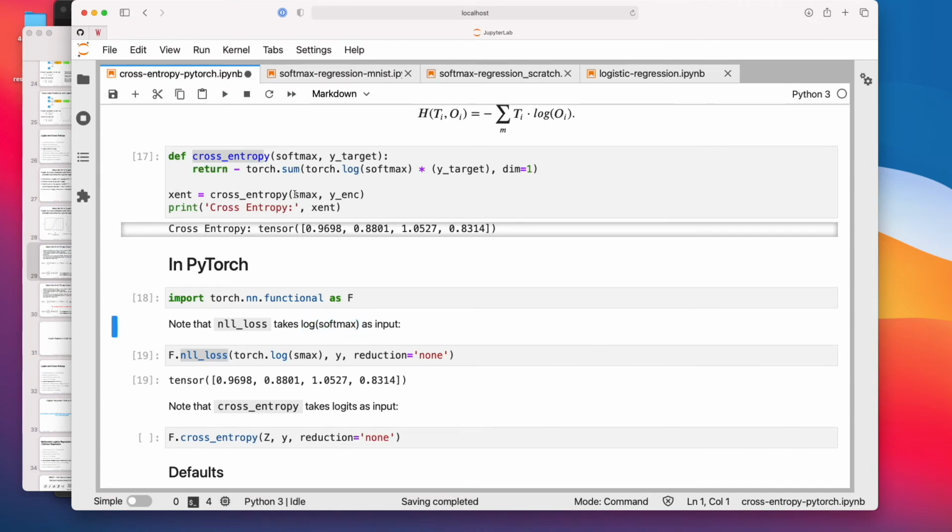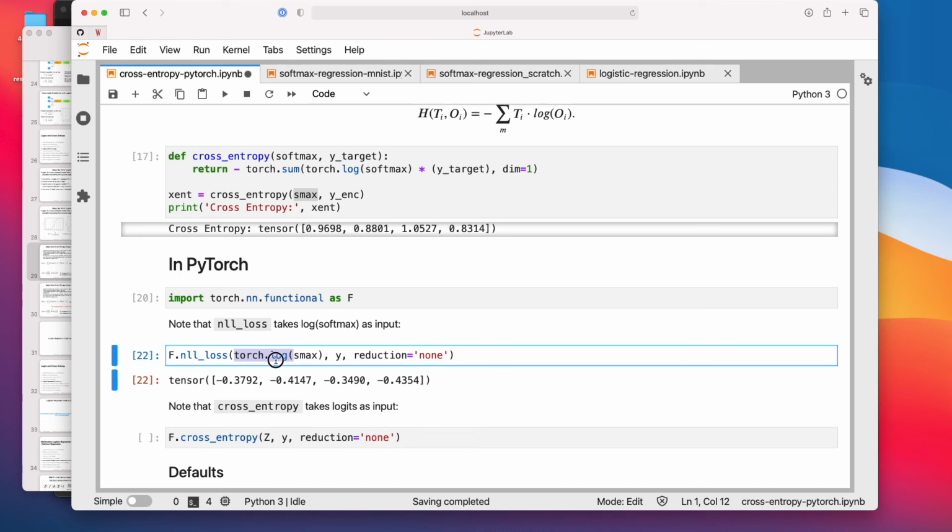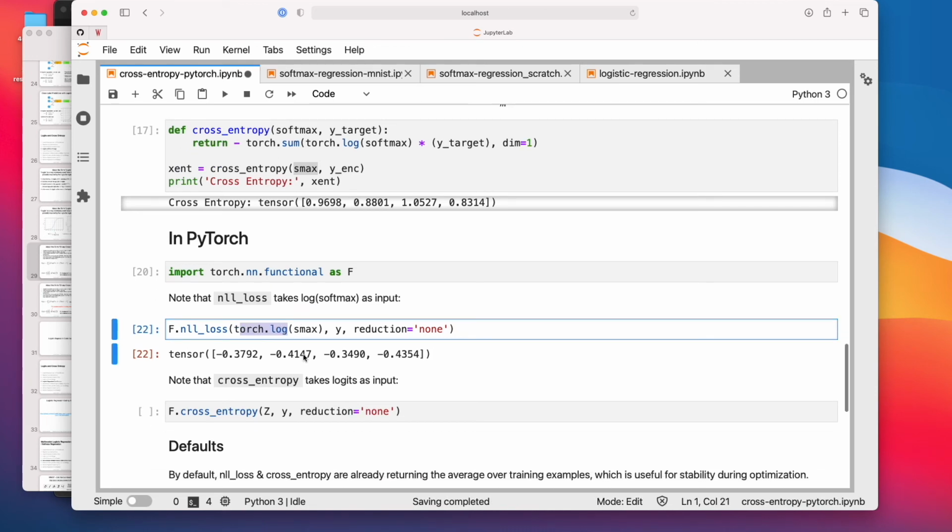It's important to note because here we give the softmax as input. Here we give the log softmax as input, right? Because when I just give the softmax as input, I will get wrong results. Sorry, luckily my glass was empty. All right, sorry. So you notice that now we have negative values here, right? So this is not what we want. So you have to pay attention that this is actually the log. I'm just emphasizing this because it's a common mistake in practice when people implement deep neural networks.